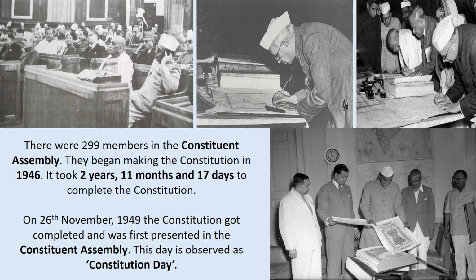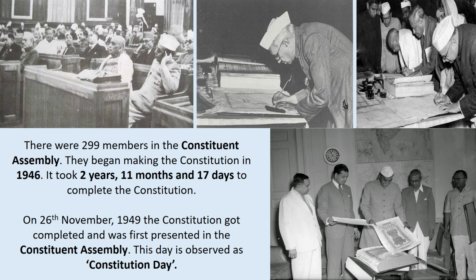2 years, 11 months, and 17 days. And how many members were there in the assembly? 299 members. When did they start writing the Constitution? In the year 1946. Now, when you do the calculation from 1946 and include 2 years, 11 months, and 17